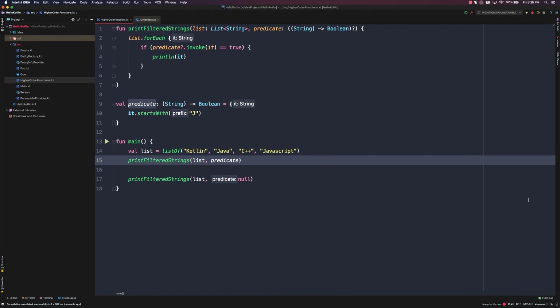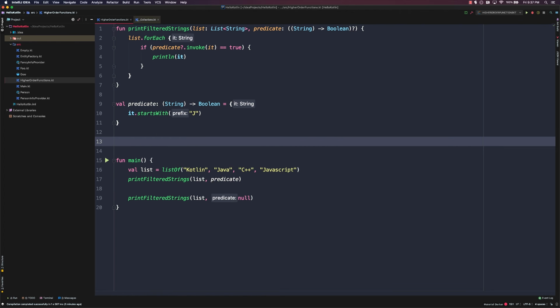This could be really useful for things like optional input handling. For example, maybe you have a view on some screen and you want to be able to specify a click listener for that view. You could define that as a lambda property on some class and allow client code to set that click listener as needed. As we mentioned before, higher order functions include functions which take other functions as parameters, as well as functions that return other functions. So let's define a function called